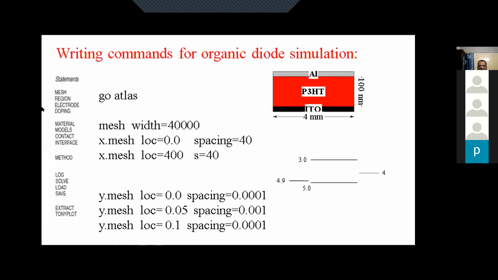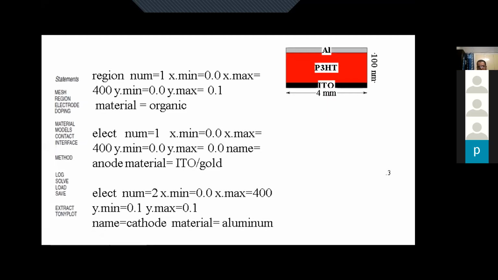For example, in the previous one, here the spacing was written. You can also write S instead of spacing. And also you can define the meshes in another way also. There are a host of these that you can see in the Atlas user manual. You can define using a different kind of base. So this is one of the ways that I have shown.